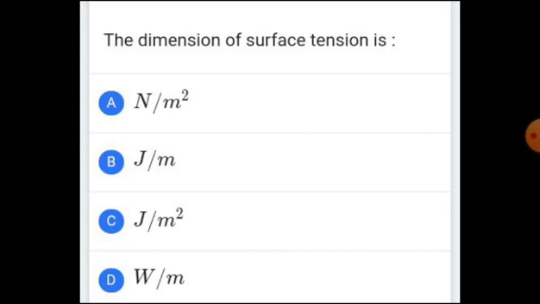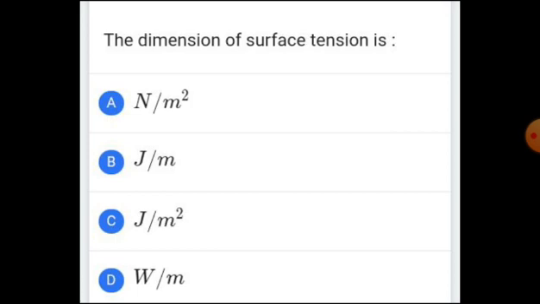Normally, inside the water there will be a dynamic equilibrium, since the molecules move randomly in it. But at the surface there will not be a dynamic equilibrium, because half of the molecule will be inside the water and half will be in the atmosphere. Therefore, in order to make the surface be in dynamic equilibrium, we require a certain pulling force. That pulling force is known as surface tension,